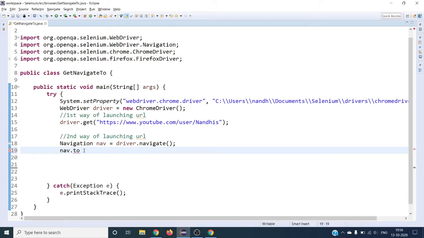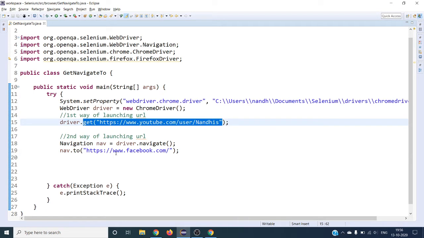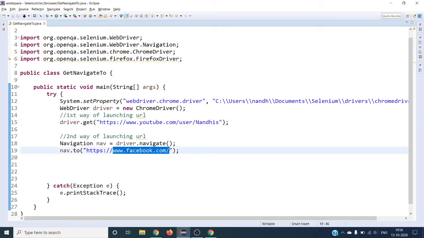Okay, so let's see with the string variable. So I'm going to launch Facebook. Right? So this is the second way. What will happen, first it will open your youtube.com, and second it will go and open your facebook.com.